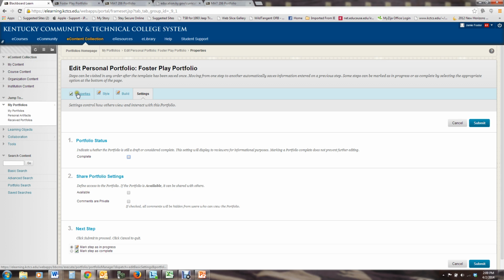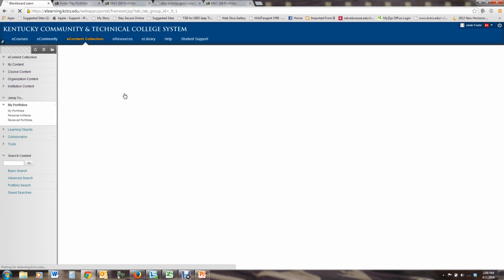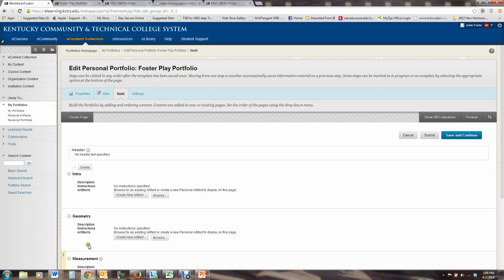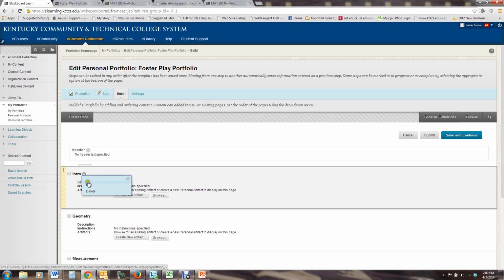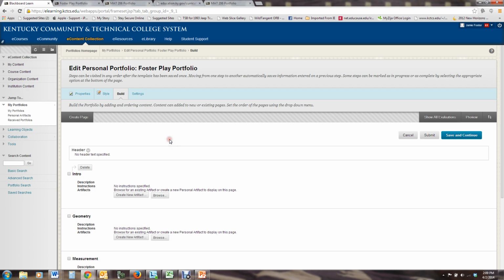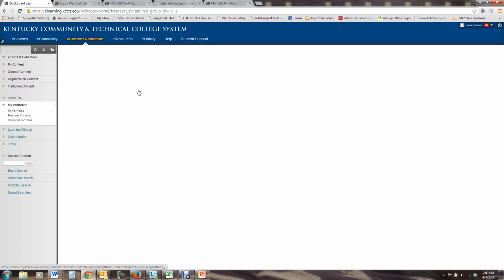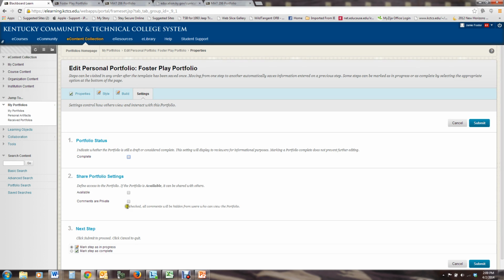So you'll have Properties and Style to begin with, but anytime you're going to change anything, you're going to click back in here and Edit and click on Build, and Build goes back to those pages. You can delete pages by clicking here and Delete. Now, Settings is where you go to share it so I can look at it. And so you have to make it available,